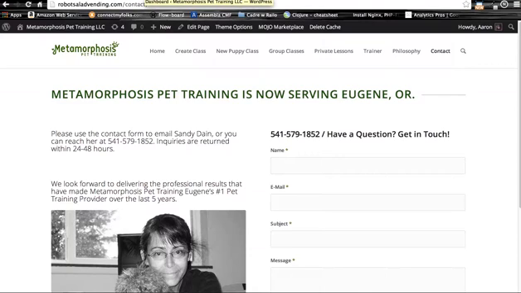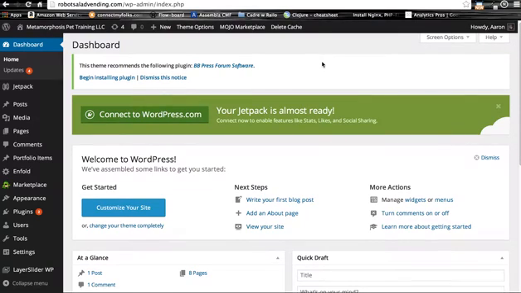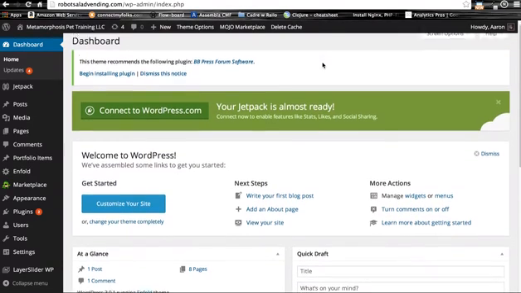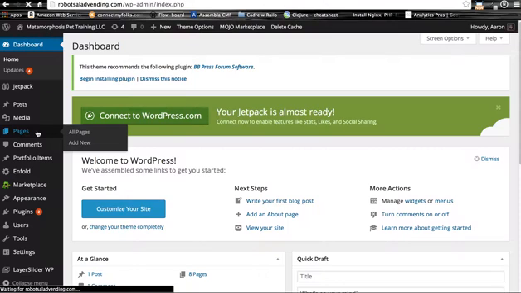I'm going to send you an email that's going to include login information. And when you log in, you're going to see something like this. It's going to be a little overwhelming. You're going to see a lot of stuff in front of you. Mainly in terms of what you're going to need to deal with, this Pages button is mainly what you're going